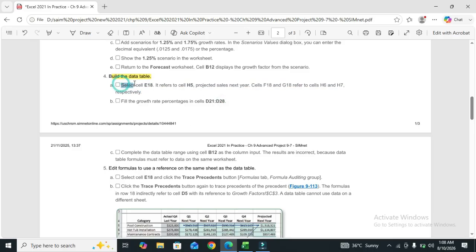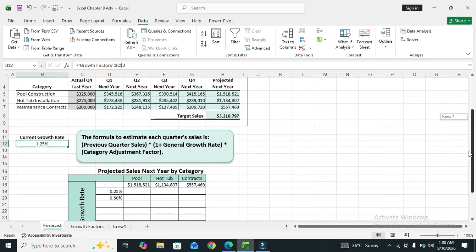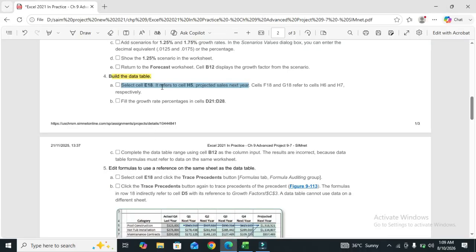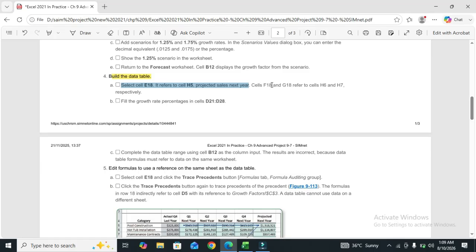First click on E18. It refers to cell H5, and cells F18 and G18 refer to I6 and I7 respectively.